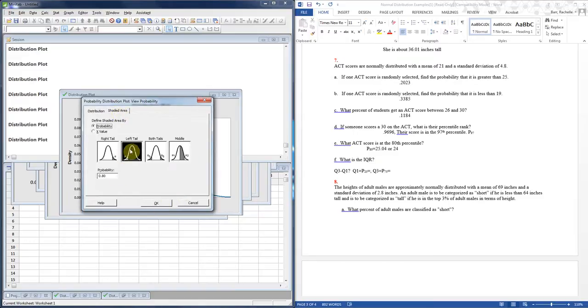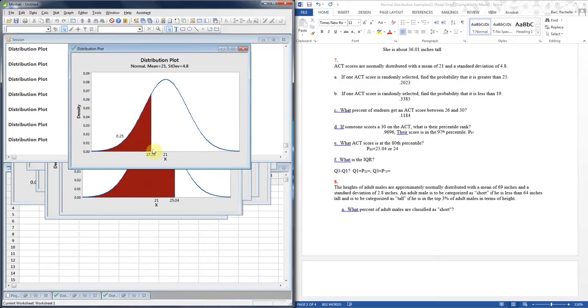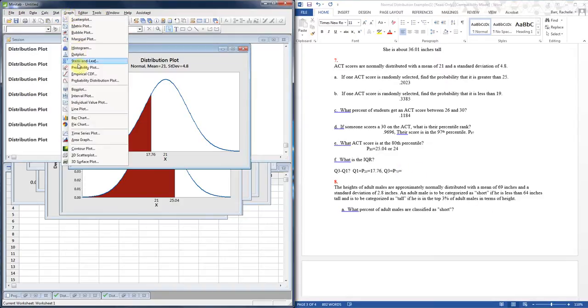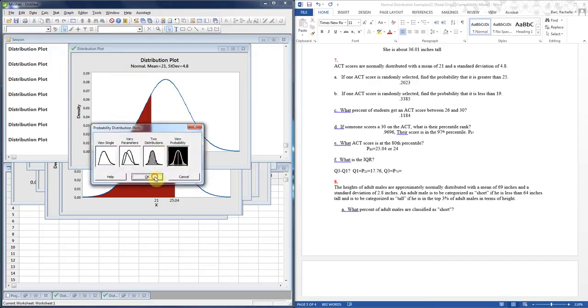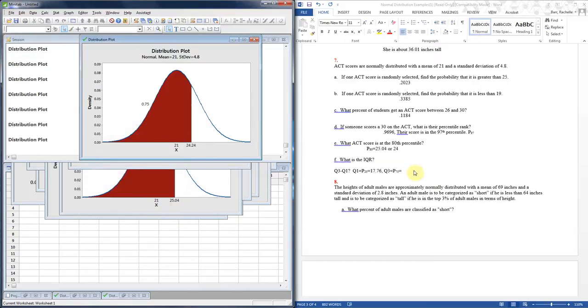And here I want to find the lower 25%. Ooh, not 27. That would definitely give you the wrong number, because that is going to be Q1. And it's going to be down so far I'm not going to be able to see it, which Q1 appears to be 17.76. And then Q3 is going to be having 75% below you. So I want 0.75 below me. And so that's going to be